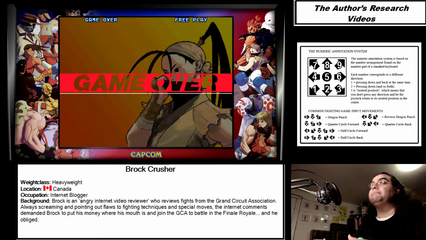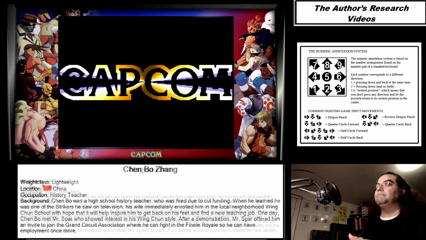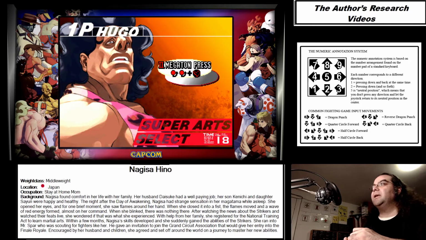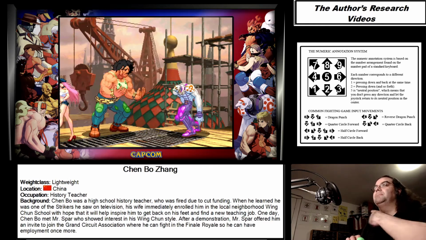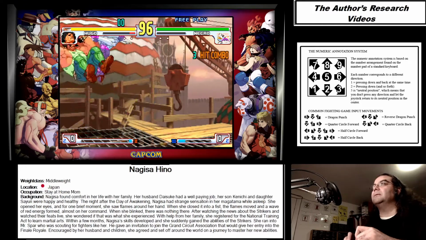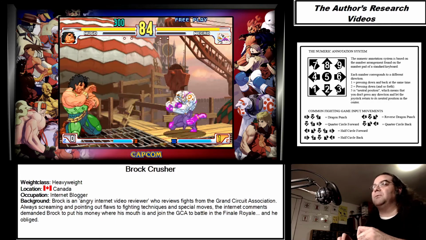I'm going to see if I could get a middleweight. Let's see. Go. Why not? I think Necro is a middleweight. I probably could be wrong. Oh yeah, there we go. Okay. Yeah, see. Look at that. It took 3 damage to do what he did to Hugo, just 3 hits, and then I only did 1 hit and took the same amount. So